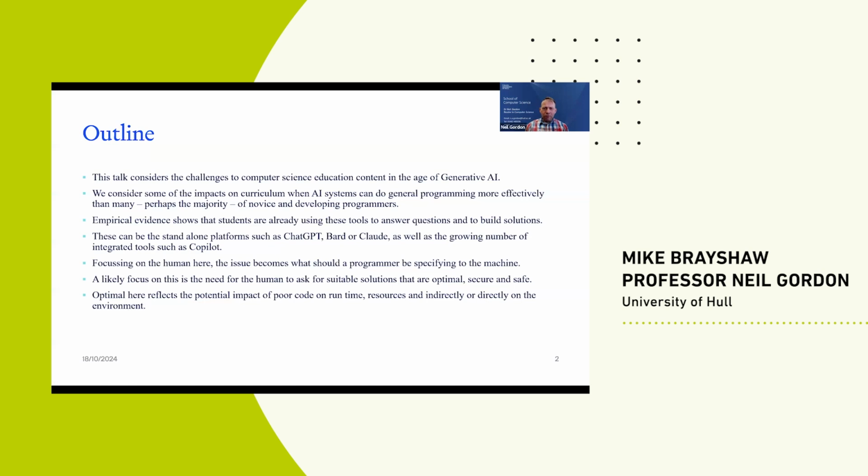Looking at some issues we've got, the challenges generative AI is having on computer science education. Some issues here are particularly because of the way that AI is very applicable in things like teaching programming and in creating software. I'll talk a bit about why that seems to be the case. A bit about the fact that we can see students are already doing this, which then echoes some of the points of the earlier talk about the ethical use of these things.